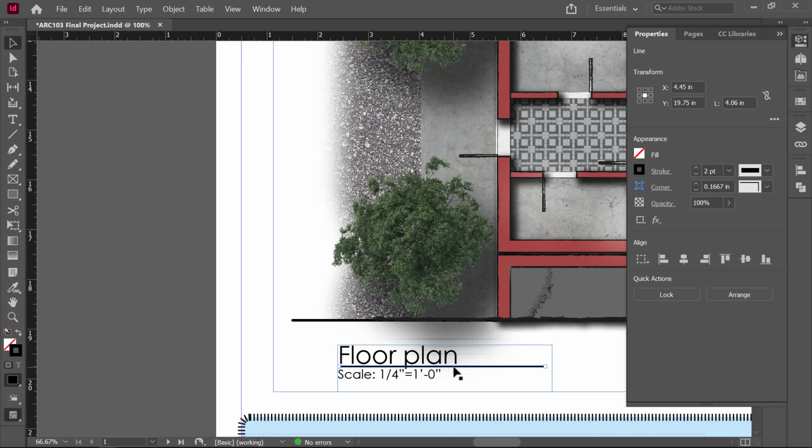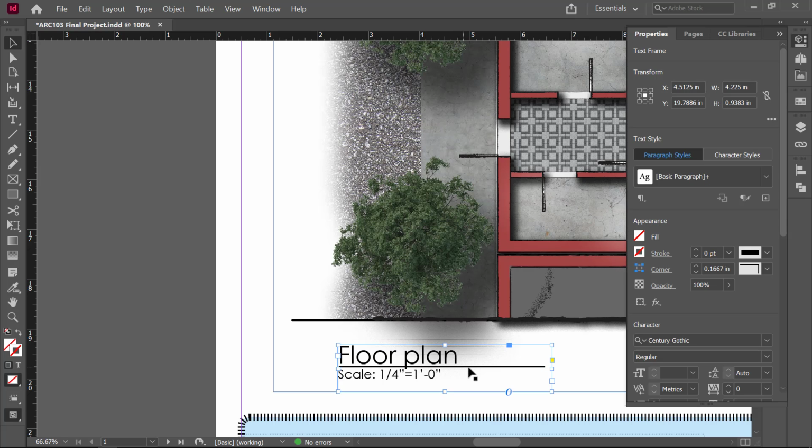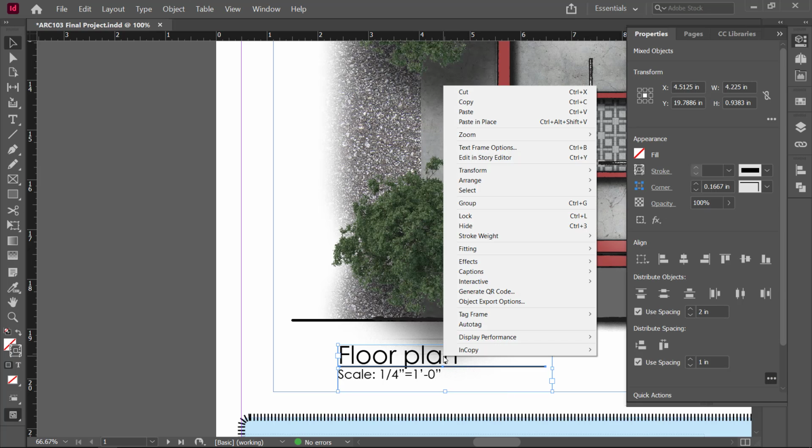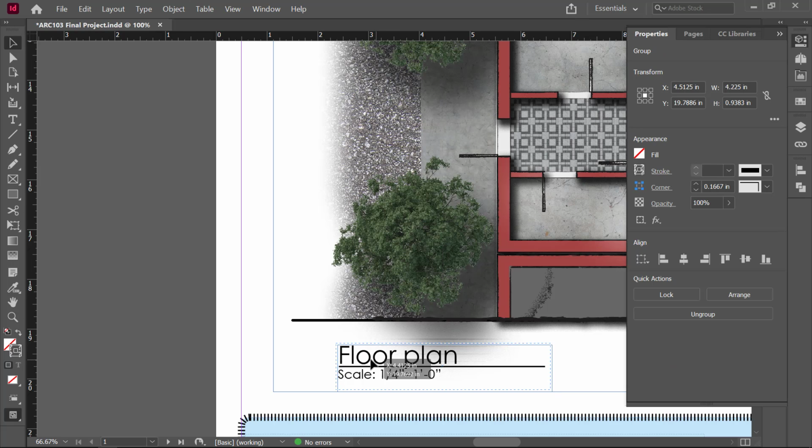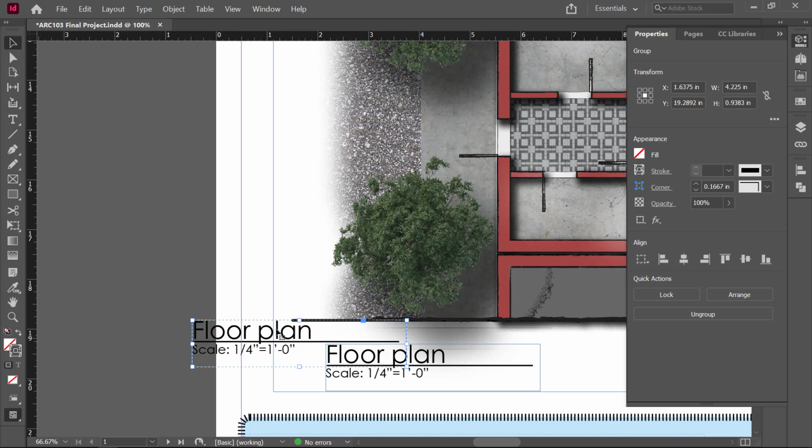So I can also draw in a line, and then I can just group all of these together. I'm just going to hold down Shift to select everything, right-click on it, and choose Group. And what this allows me to do is move it around without having to grab the line separately each time. I can also copy it by holding down Alt and drag this over to make titles for my other drawing